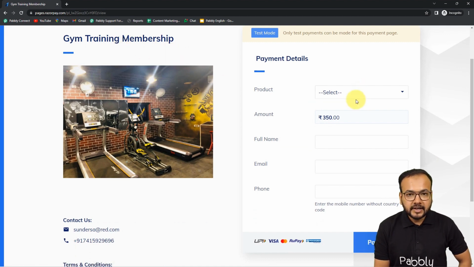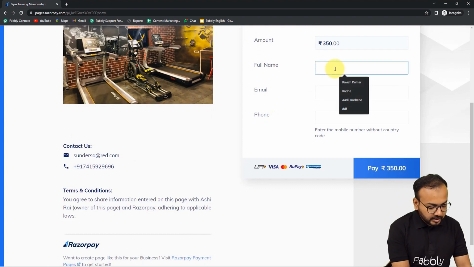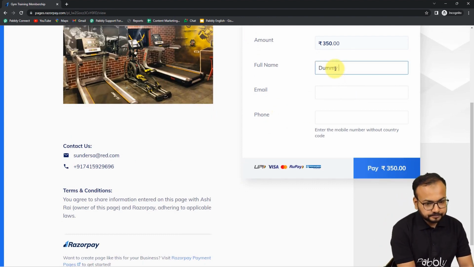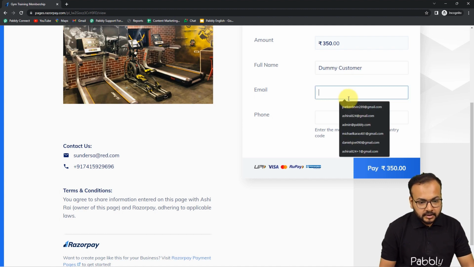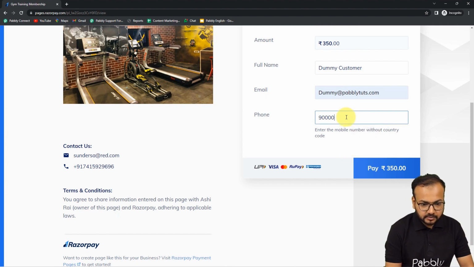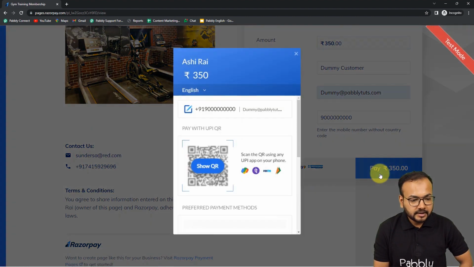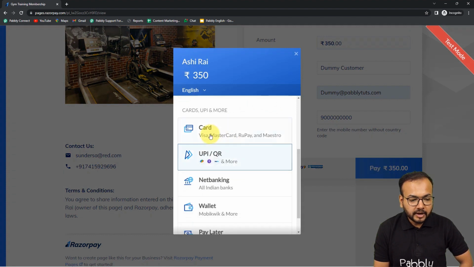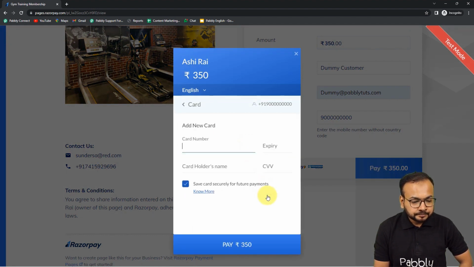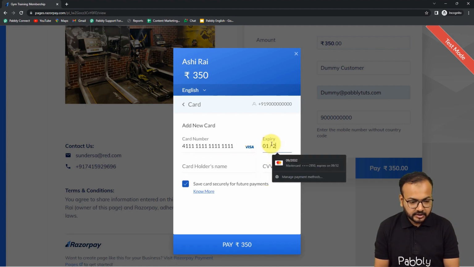So I'm going to make a test payment here. You can see we are in the test mode right now, so that will not be an original payment. It will be a test payment. So here let me put the name of my customer as dummy customer. And here let me put the email as dummy. And here let me put a number, which is also a dummy number. And here I am clicking on pay, and here you can select the payment mode. I am using card payment mode, and let me fill in the details of a test card. This is not an original card. Okay,